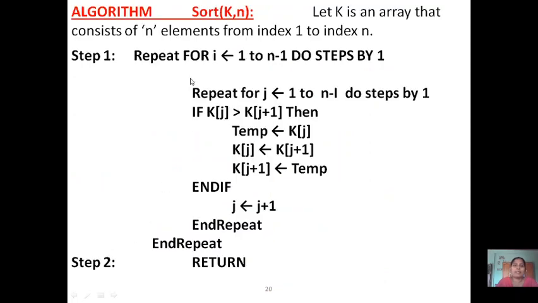So this is the algorithm for that. What we are doing is i equals 1 to n minus 1. That means if you have a total of 5 elements, you are going from the first element to the fourth element, and j will be from 1 to n minus i. That means every time the last element will be omitted. So you will be comparing the first element with the second element. If it is required, you will be doing the swapping procedure, and similarly you are going to do the same procedure again and again.